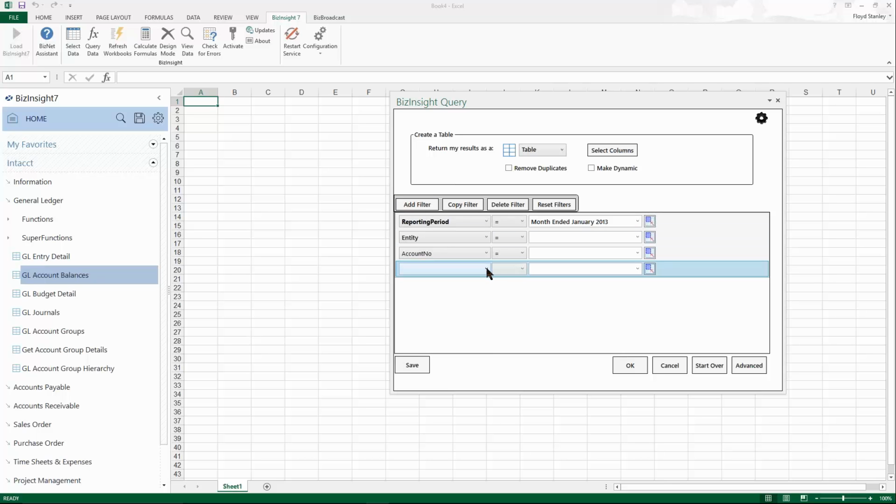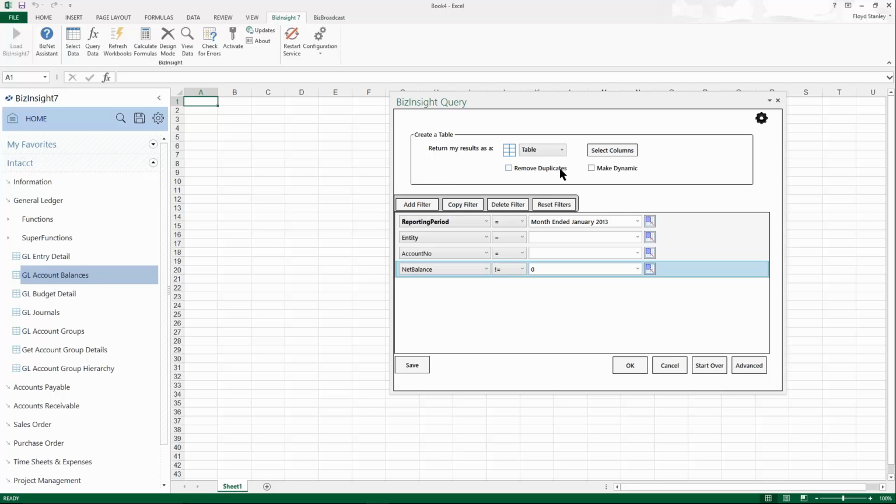But I will add a filter because I don't want to see items where the net balance for that specific month is 0. And so I choose a not equal to, and I'll put my filter in, and